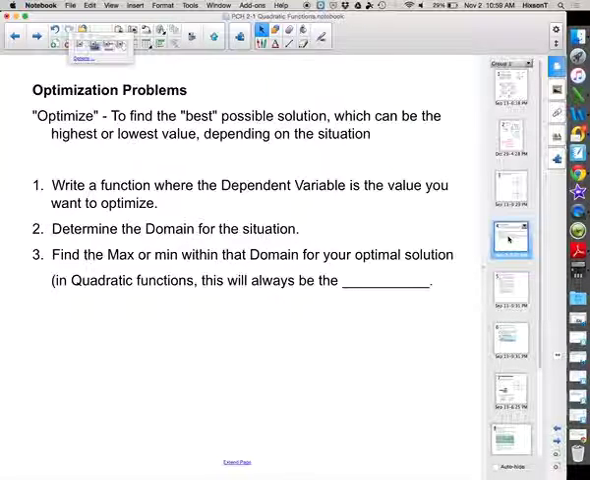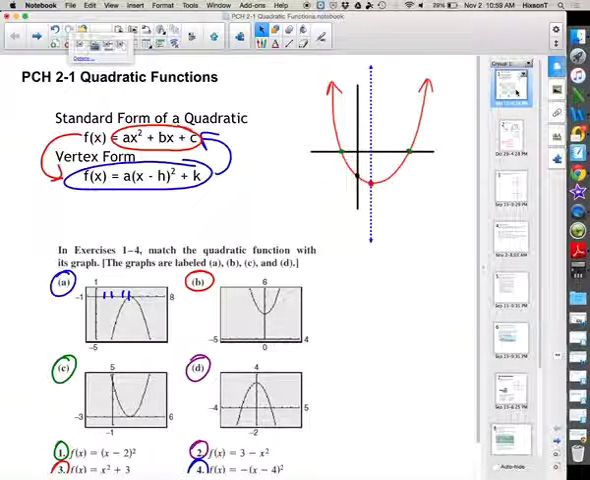So it's going to be important that you understand how to find the vertex a number of different ways. Okay? If you're given standard form, or I'm sorry, vertex form, it's right there. It's h and k. Alright? If you're given standard form, remember h is your negative b over 2a. Okay? If you have trouble remembering that,